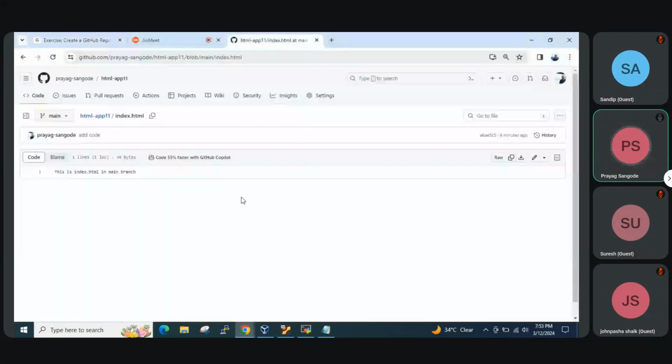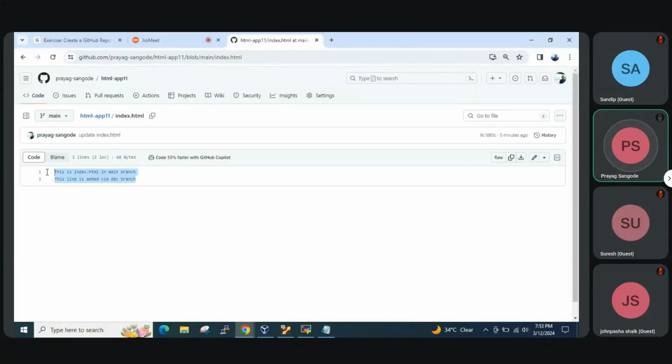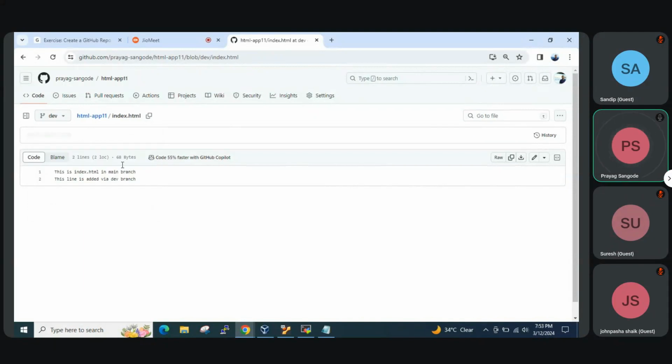Now just refresh this page. We are in the main branch. Now the main branch is also updated, same as the development branch. Both the branches have the same content. So this was all about